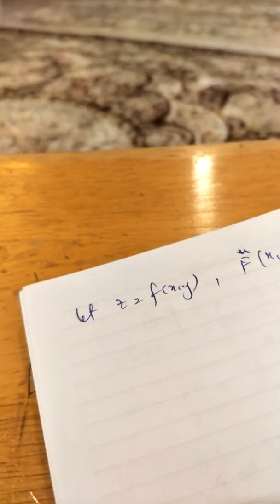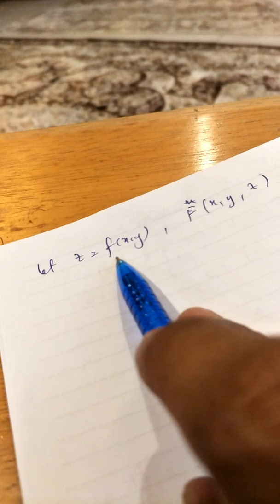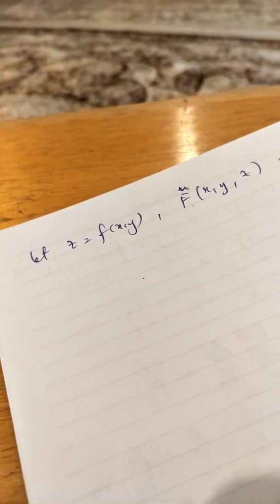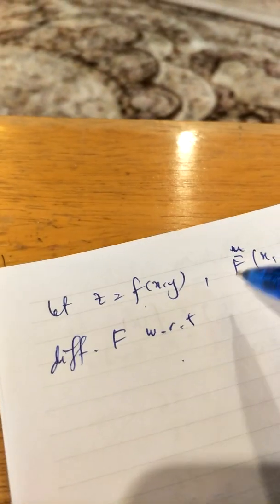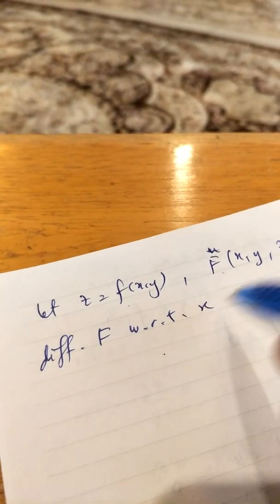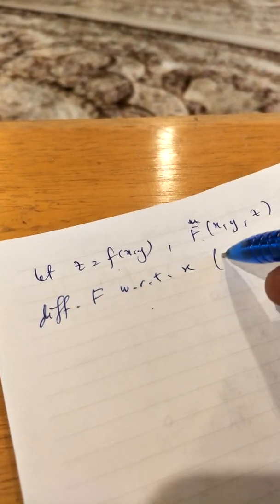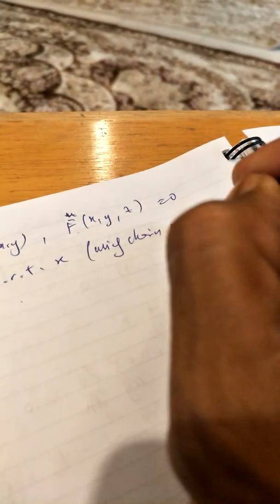So if f is a differentiable function, then f is also differentiable on its domain. So if you differentiate f with respect to x, what do we have? We have, using the chain rule,